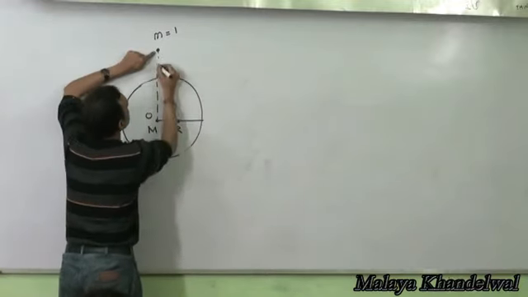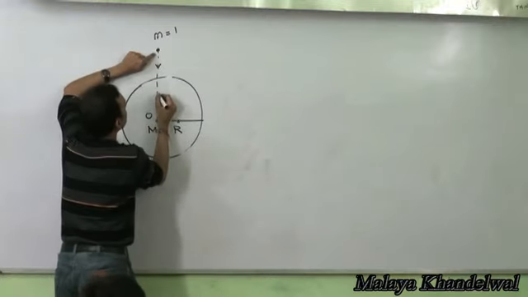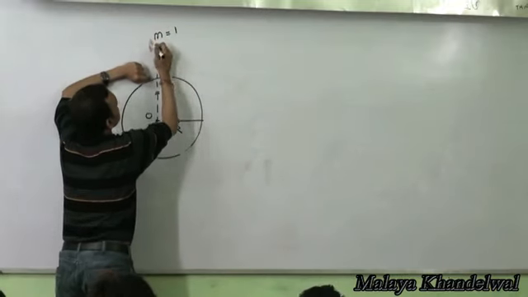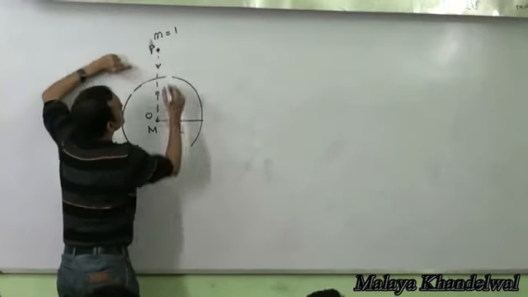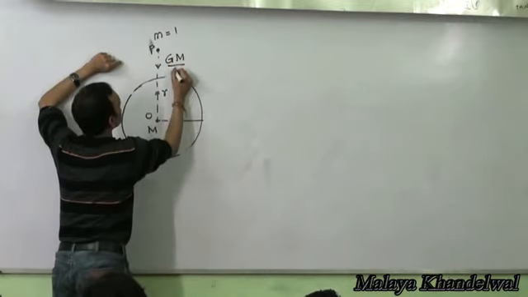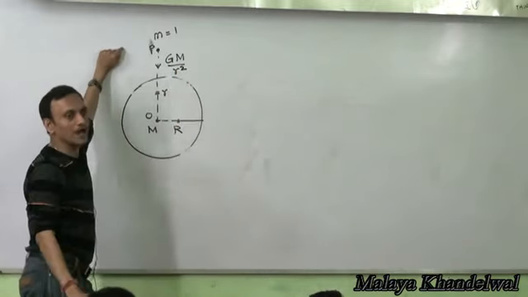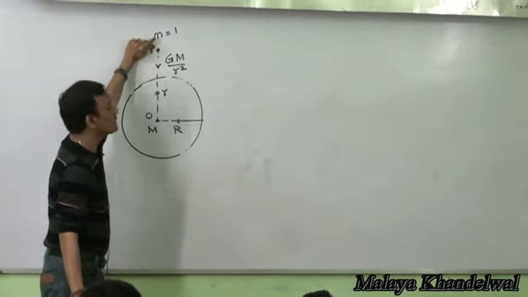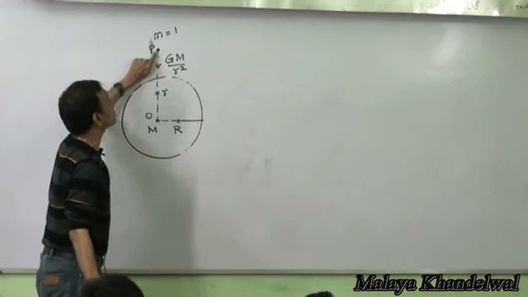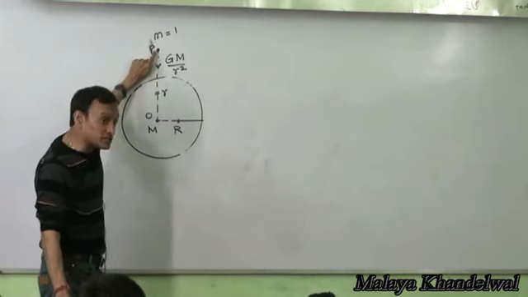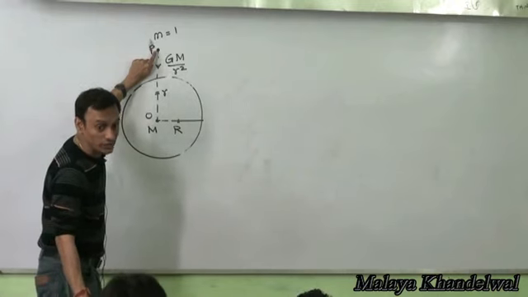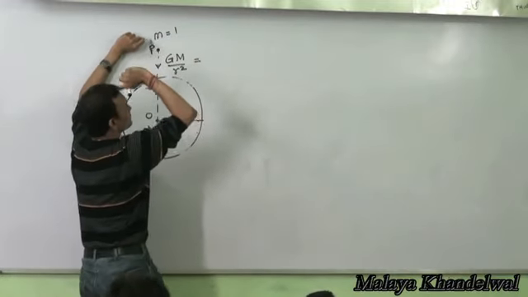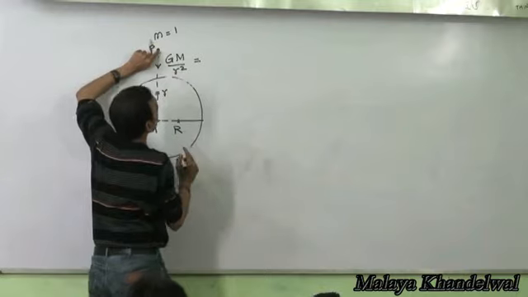Then the force experienced by this unit mass, if it's, let's say, at a distance small r outside the Earth, let's say this point P is outside the surface, is going to be GM by r squared. Force experienced by this unit mass is GM by r squared, which is force on this mass divided by this mass. That means this is also the acceleration of a unit mass at this point, force divided by mass, right? The acceleration at this point is